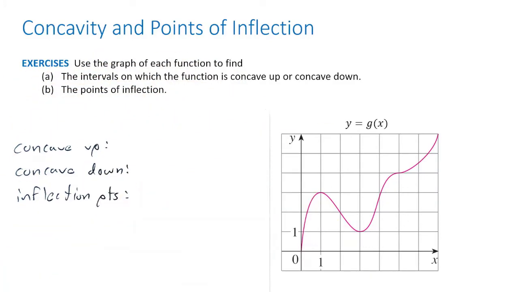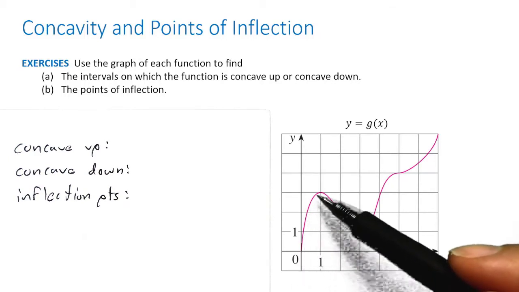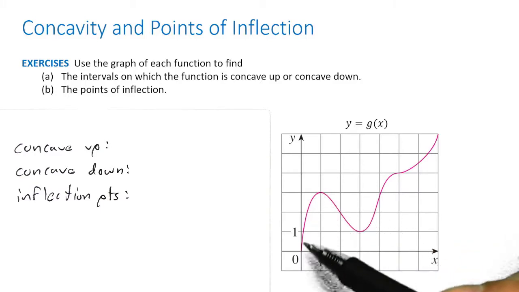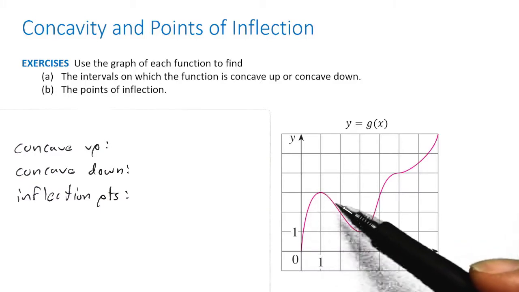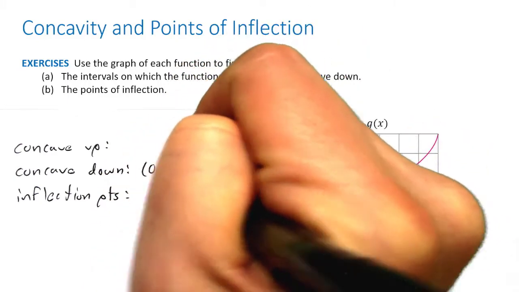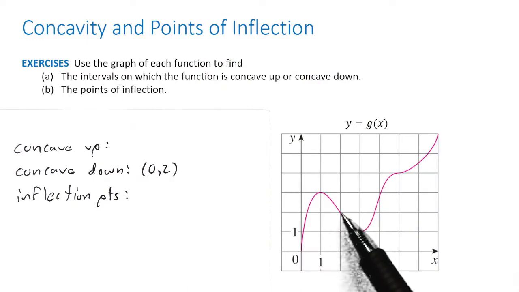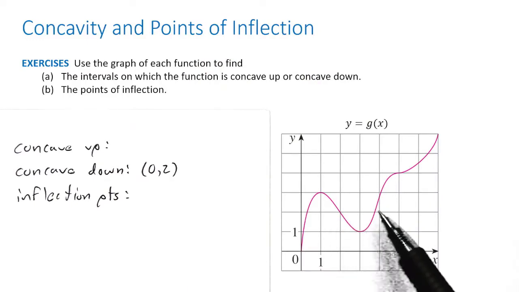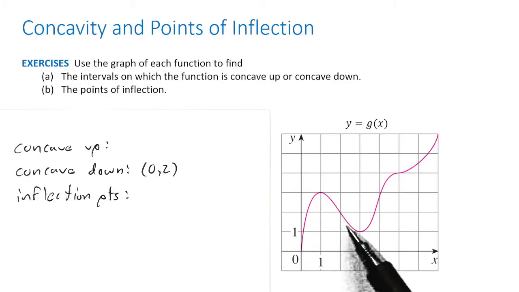Okay, so let's look at concavity, all right? So let's move from left to right here. From here to here, going to here, this looks like it's bowl-shaped down until we get to here. So from 0 to 2, it's concave down. 0 to 2. Right, now what happens here? Well, now it's bowl-shaped upwards, right? So it's bowl-shaped upwards from 2 to,